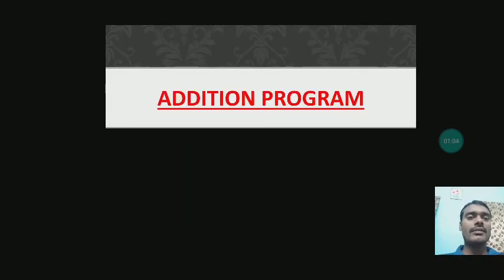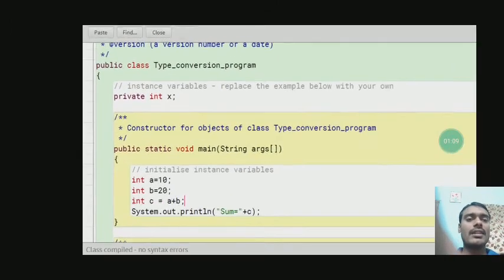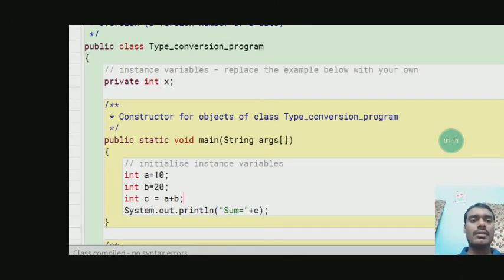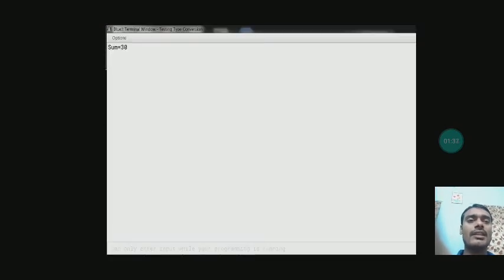I have shown you the addition program. I have discussed about it. In this program you can see I have written the code in this main function. Inside the main function public static void main string args, there is only integer data type. So both the integers can be added in the third integer. The third one is int c, and both the integers a and b have been added here, and the result is 30. So the output of this program is 30. Now coming to the next program, children.